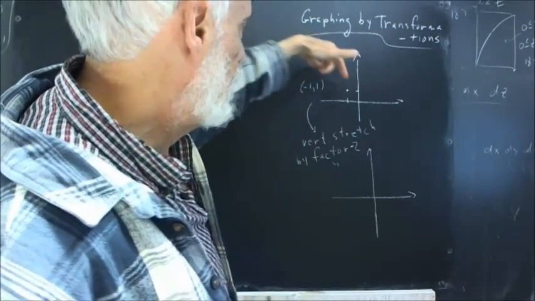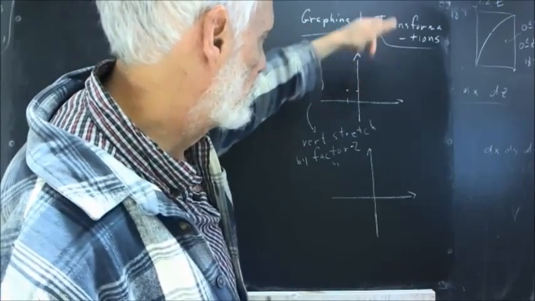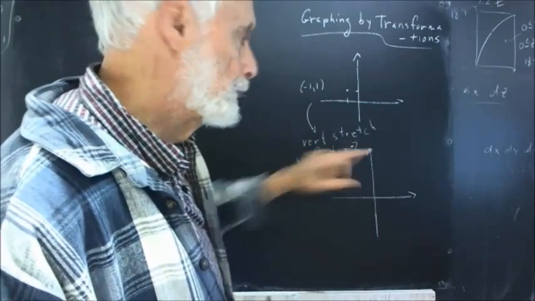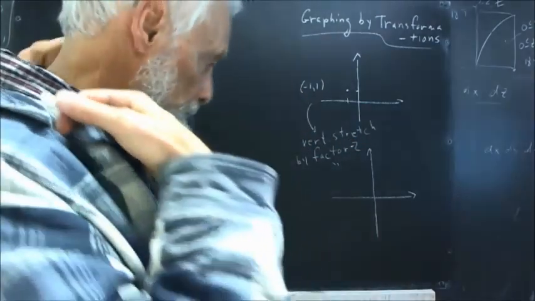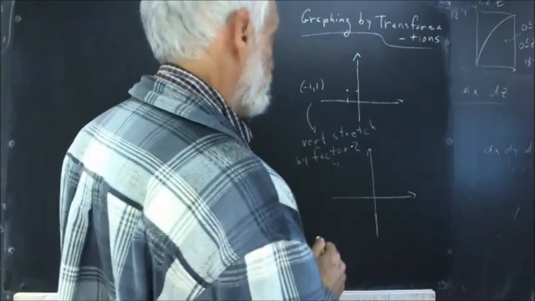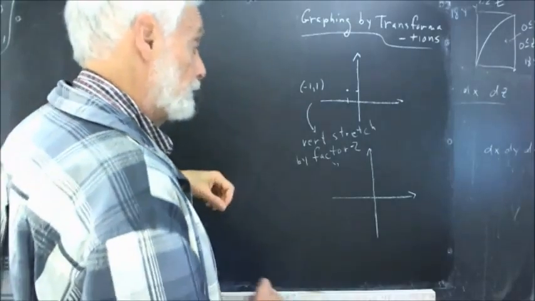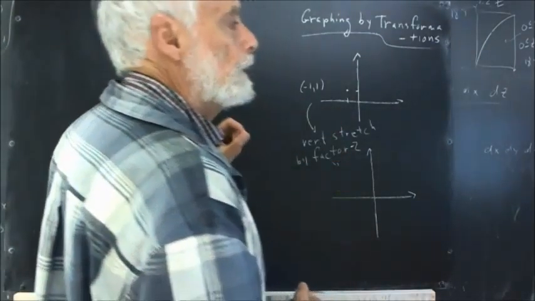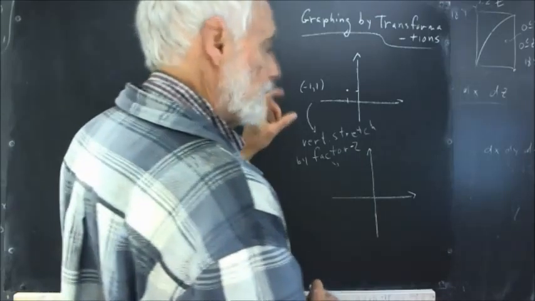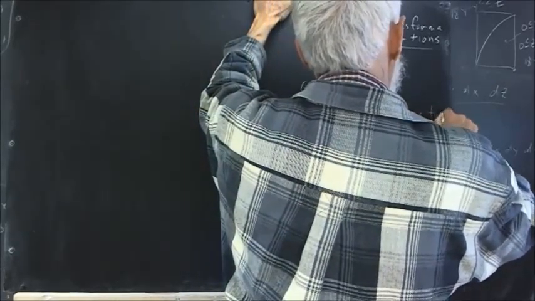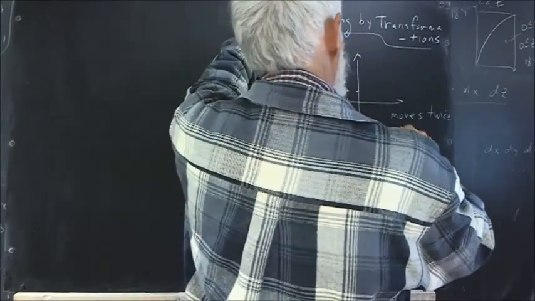Okay, so we have a basic function. Let's just say maybe this is part of the basic y equals x squared function. We want to do a vertical stretch by factor -2. So what happens if we vertically stretch this point of the graph? If this is a point on a graph that we're vertically stretching by factor -2. Well, a vertical stretch moves the point that many times further from the axis. So what this does is it moves the point twice as far